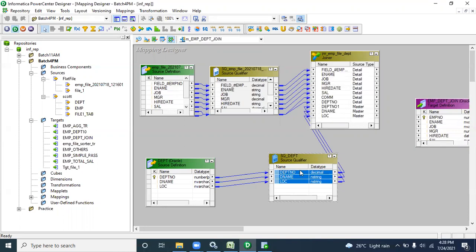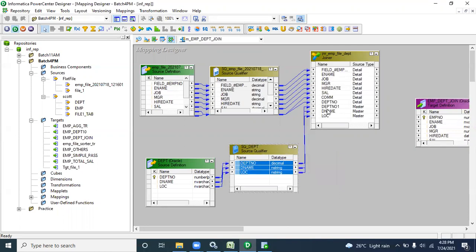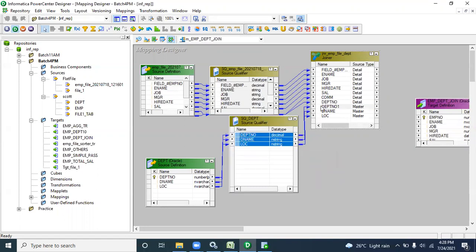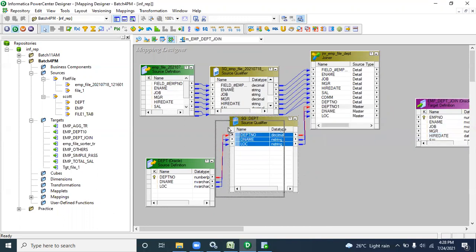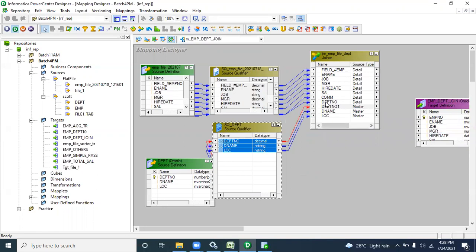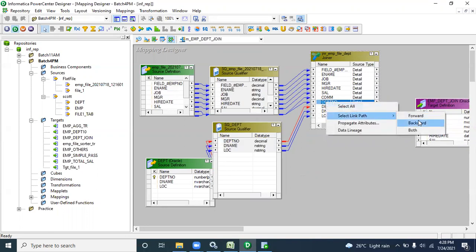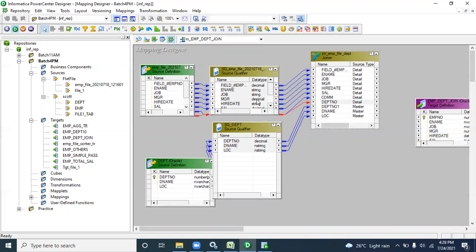If you are confused about which department column is coming from EMP and which from DPT, select it, right click, and select link. Then you can see which column came from which source. In real time we check in this manner.